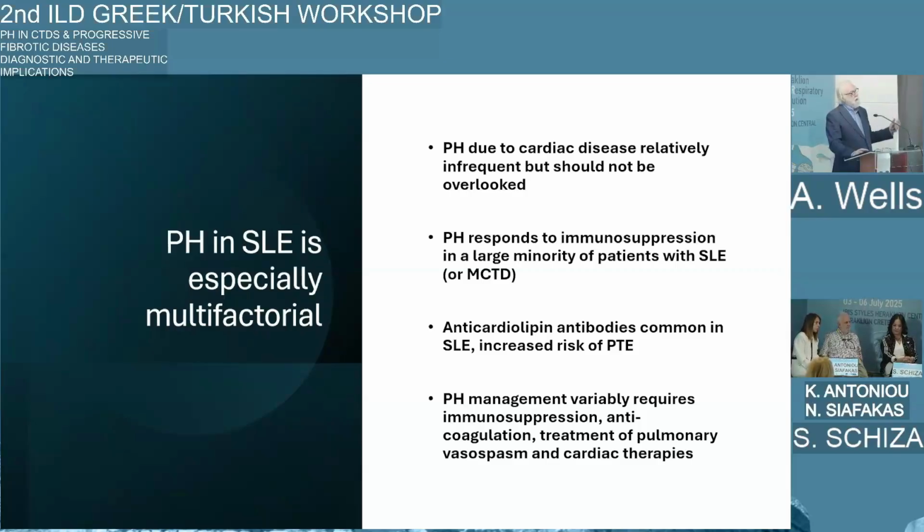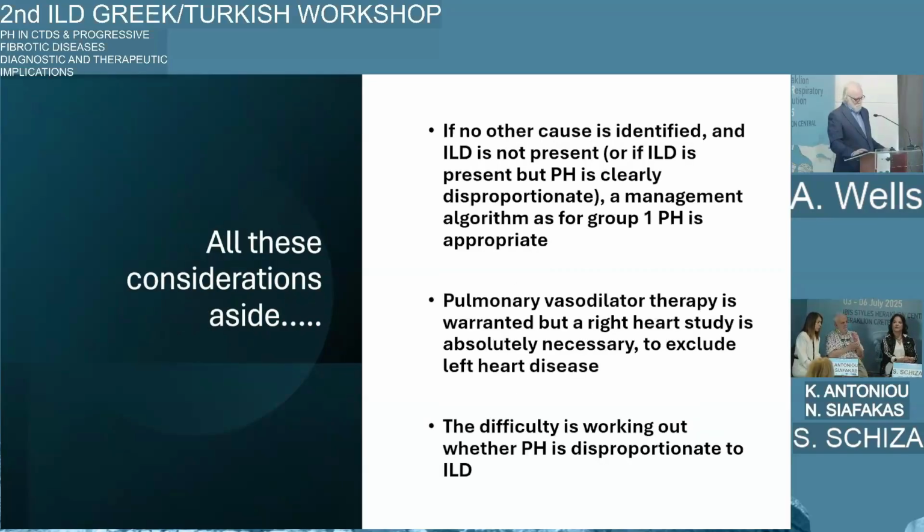dealing with a PH-ILD, where you work out that it's disproportionate and you end up using the sort of algorithm you would use for group 1. And that, in fact, is probably the point that in CTD, you really have to cast the net very wide. More often you have weird pathways to PH than you do in idiopathic disease, and you won't manage PH well unless you actually